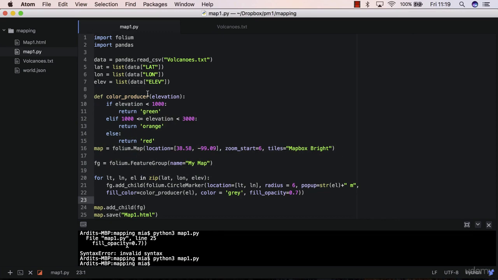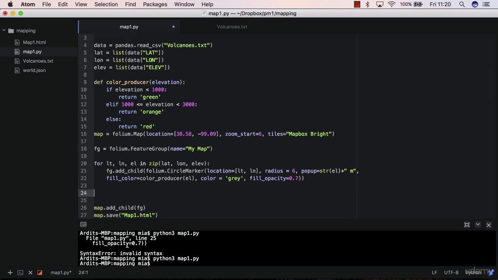Now, for polygons, the way to add polygons via Folium is by using the folium.GeoJson method. So basically, let me make some space here. The way this would work is you want to add to the feature group variable here